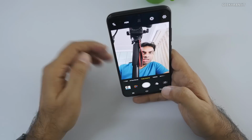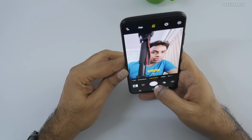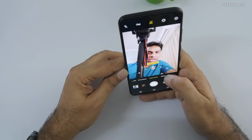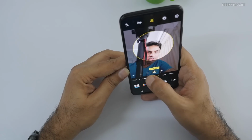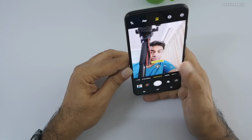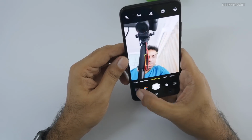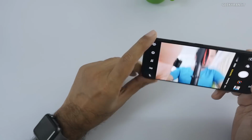So let's see, we also have this selfie light bokeh mode with this. So again, we have some mode, studio lighting. As you can see, you look at my face, it's changing it. So it gives you a little bit different perspective with the front facing camera. So it's a full-fledged front facing camera. As you can see, you can add these effects and stuff. So let me do one thing, guys. Let me actually take some sample shots with this device so that you can have a better idea regarding the